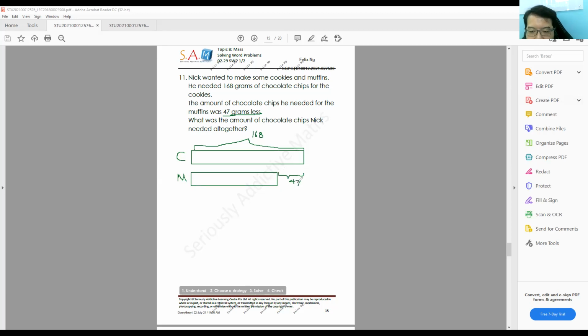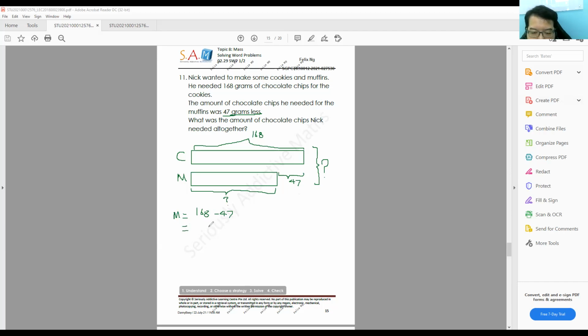Okay, what was the amount of chocolate chips Nick needed altogether? So altogether, this is the big question mark. Now, in order to find this, obviously, you need to find out how much chocolate chips are needed for the muffin, because this is something that you don't know yet. So you have to work things out one by one, right? So first of all, muffin, how many chips needed? Muffins is 47 less than 168. So 168 minus 47 equals